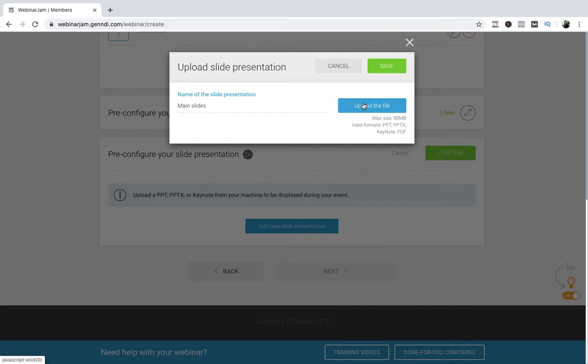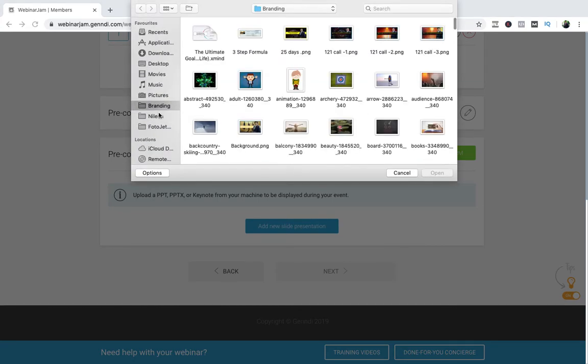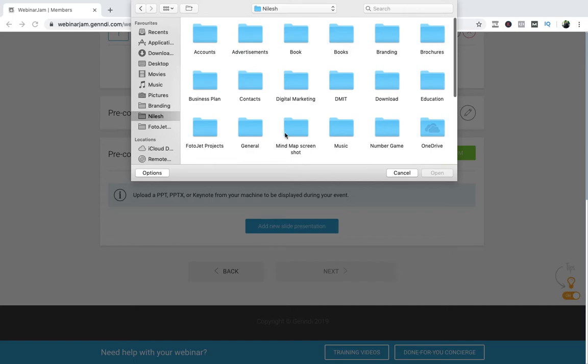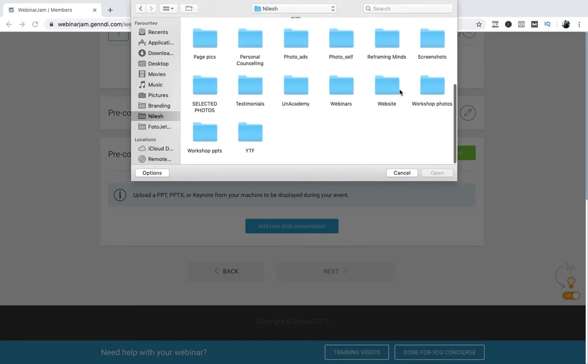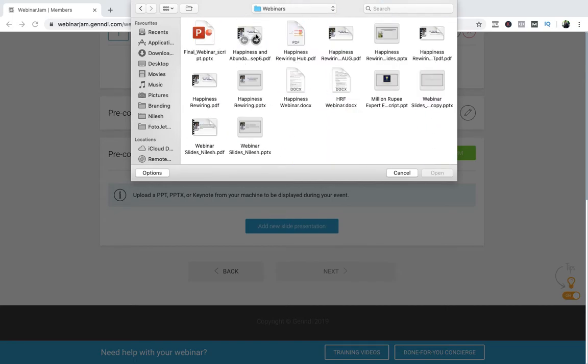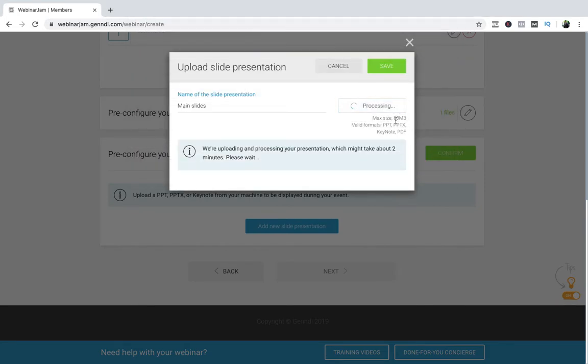I'm just uploading the file now. Let us say upload this file. It will take some time. So this way you can manage your live page. I'll show you how it will look when you run it.